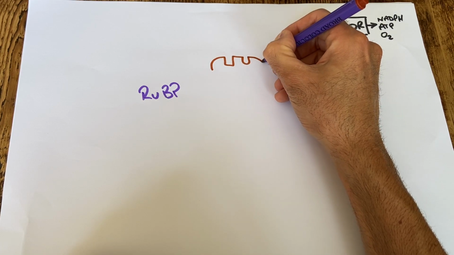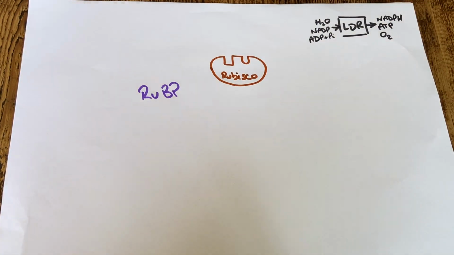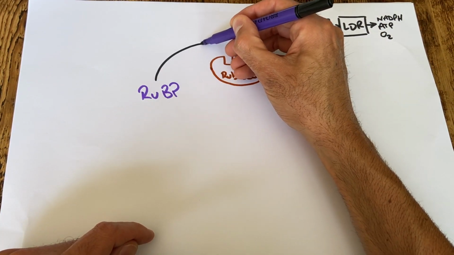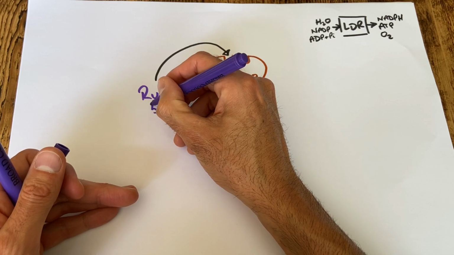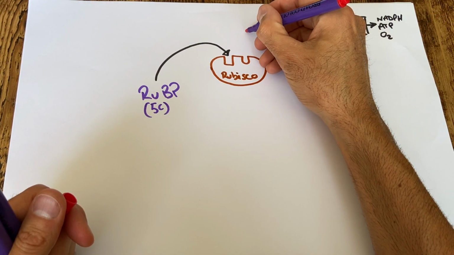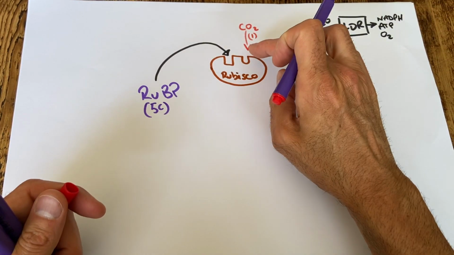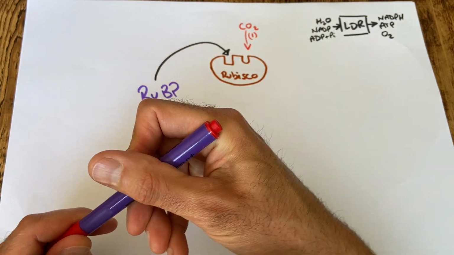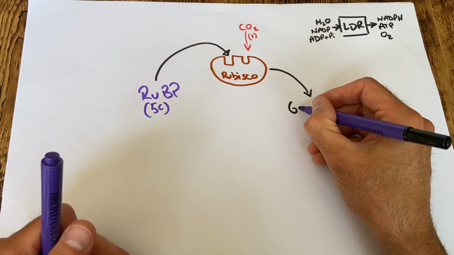And up here we have the enzyme Rubisco. So the enzyme Rubisco, like enzymes, is the site of a reaction. So our RuBP is going to go into one of the active sites that we've got here. Now RuBP is a 5-carbon molecule, and also going into that is carbon dioxide. So CO2 is going to go into the top here. Obviously only one carbon in CO2. That's going to bind into that one. The enzyme will do its enzyme business and will catalyse the reaction, producing a 6-carbon